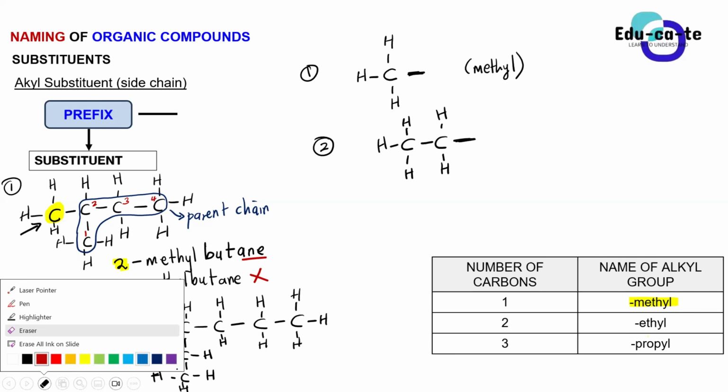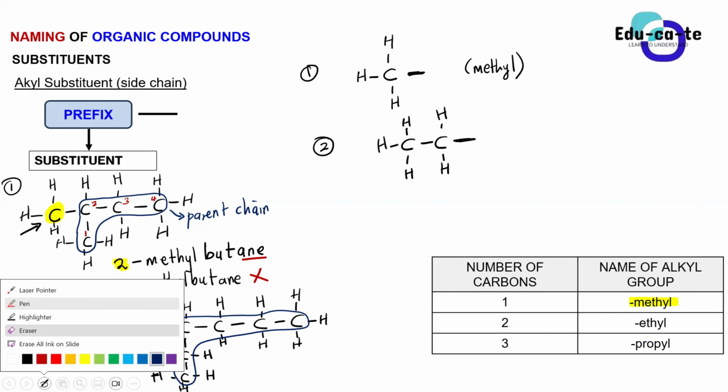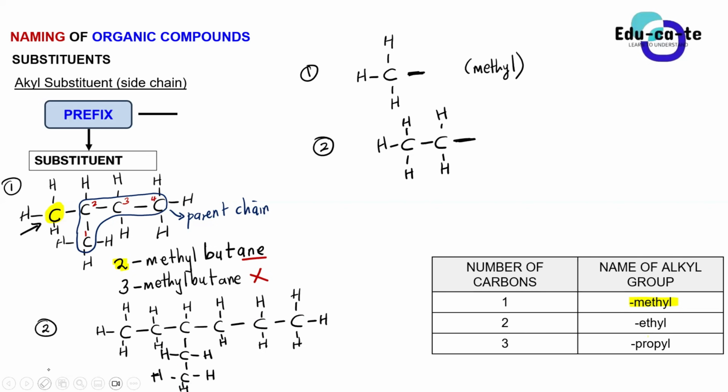Okay, you can make it straight or you can make it bend, but the effect on the parent chain is that it must have the most number of carbons, and also the functional group must be found on the parent chain. So that is the whole purpose of the parent chain itself. You can highlight it either as a straight chain, or in such a way that it makes a curve, or it kind of bends. So let's just highlight it as this one. Just say this is our parent chain.